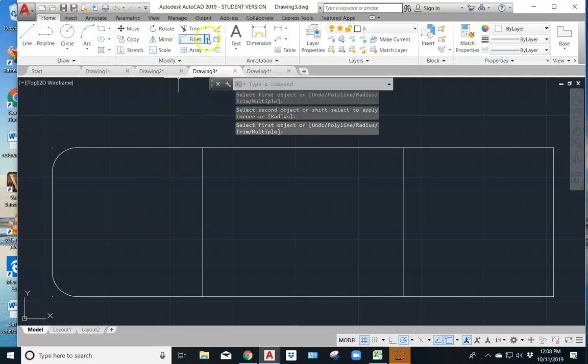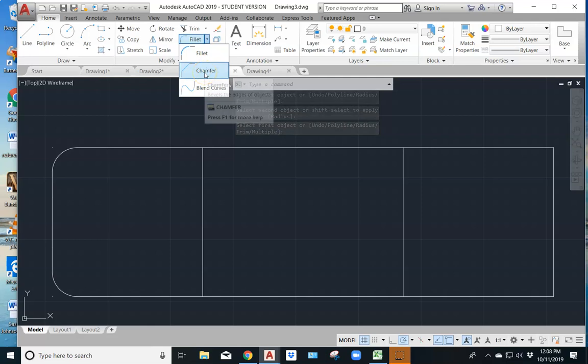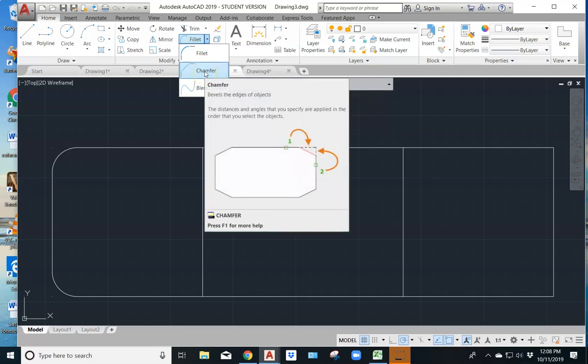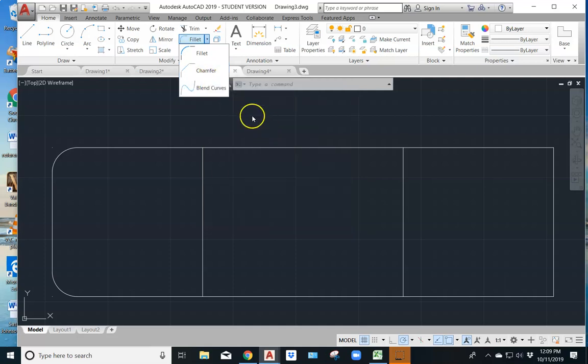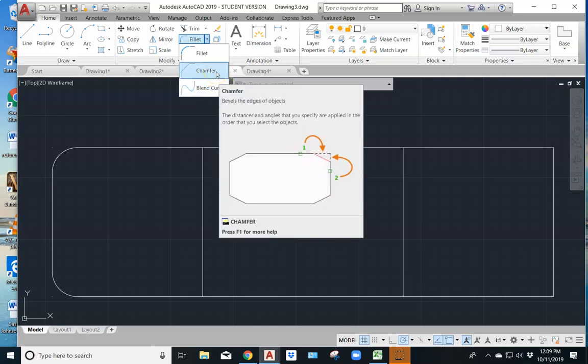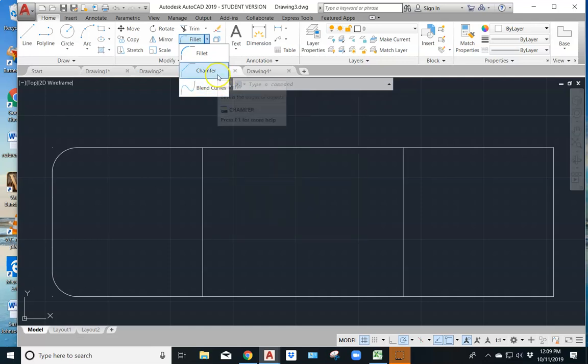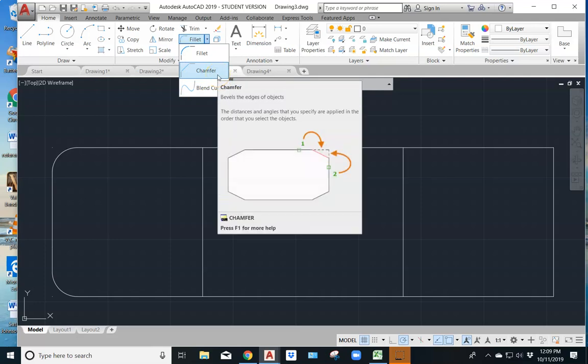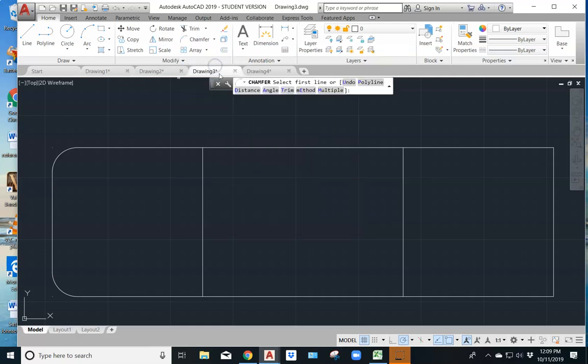Now under the fillet command there is a chamfer command. Chamfer is very similar, but what it's going to do is create a diagonal bevel on the corner instead. And as you can see with the chamfer command, the corners can be either the same distance, so I could say that both of them were to come in 1 inch, or you can have 2 separate distances so that they're angled more steeply. So I'm going to do the chamfer command, and I'm going to tell it distance,